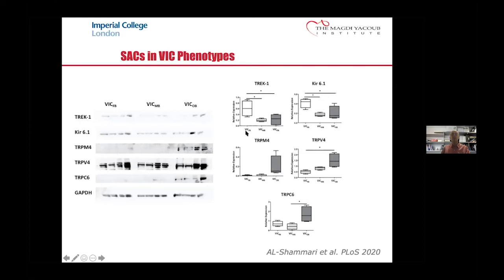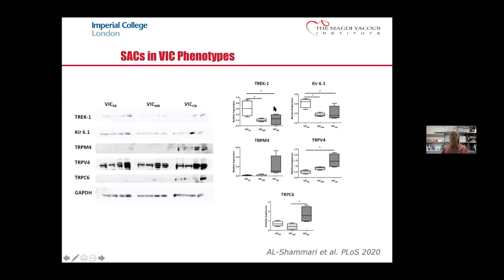So here we've got valve cells that are of a fibroblast phenotype, a myofibroblast phenotype, and even an osteoblast phenotype. These are driven to become osteoblasts by incubating in osteogenic media for 3 weeks. And this changes the potential responsiveness of the cells to mechanical force or sensing by these